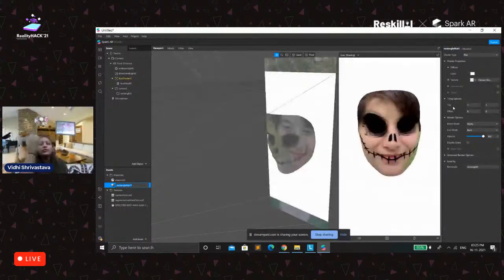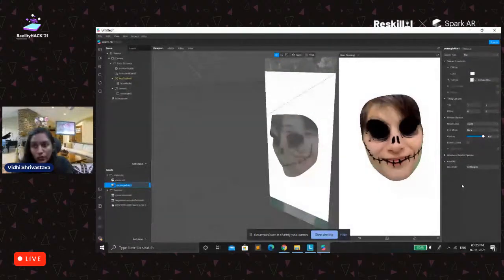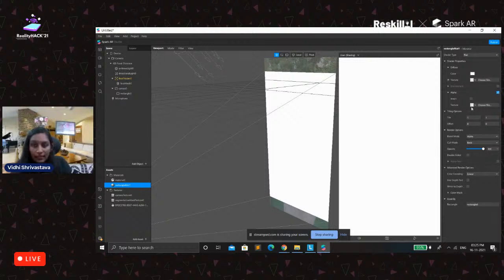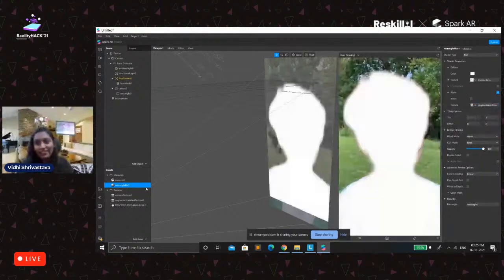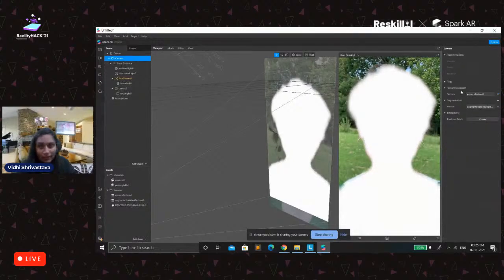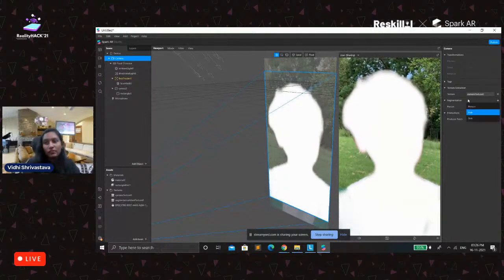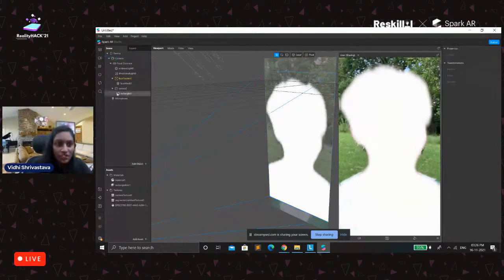Now you could see that only the face portion is visible right now. So you go to the advanced render option and click on use depth and use right to depth option. It will enable your whole effect on your whole body. Now go to the alpha channel, and in the texture you have to add the segmentation texture. If you are still wondering how I got the segmentation here, I went to camera, and you extract the segmentation from the segmentation option, and click on person, hair or skin, whatever you wish, and add it over it.